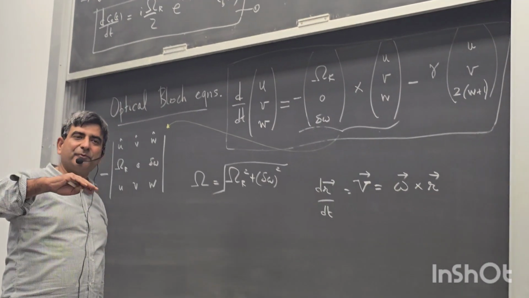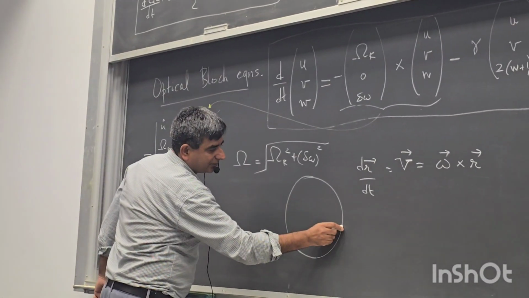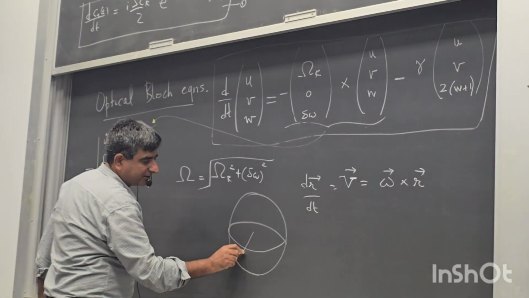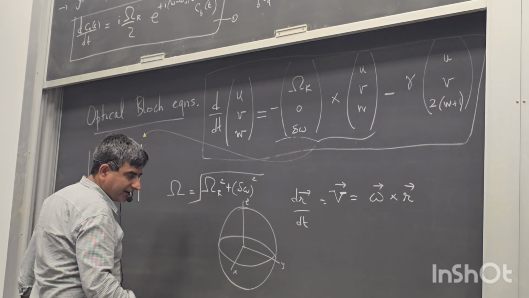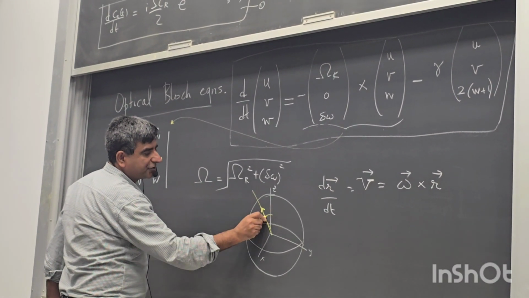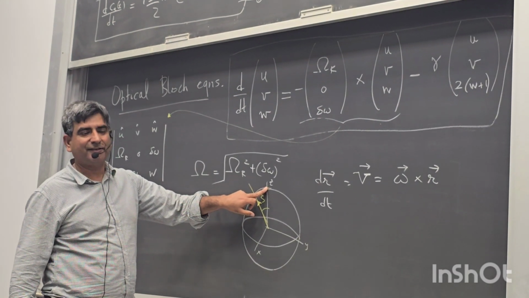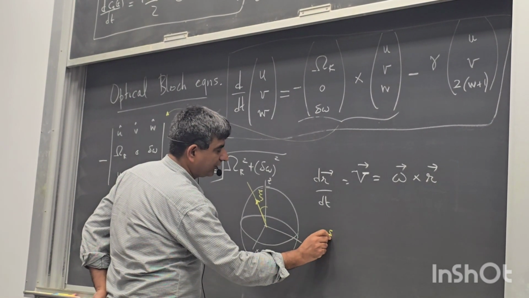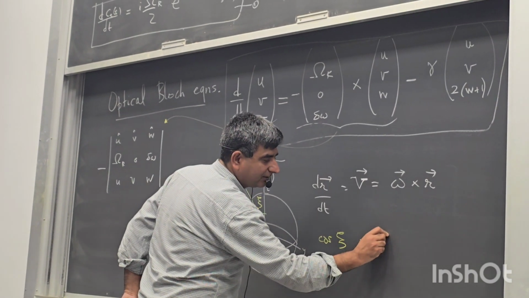Hence, this conforms with our original idea that for an off-resonant rotation, if I consider the Bloch sphere with x, y, and z axis, then for off-centered rotation, the axis of rotation makes an angle xi with the z-axis, such that cosine of xi is delta omega over Omega,